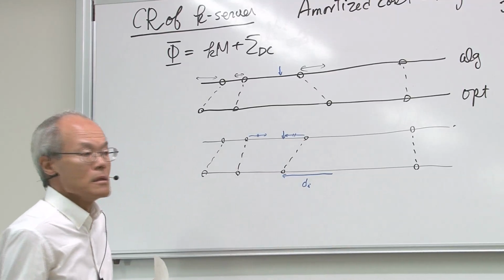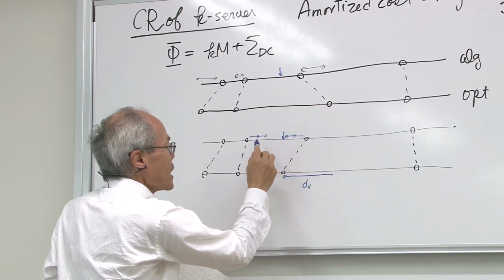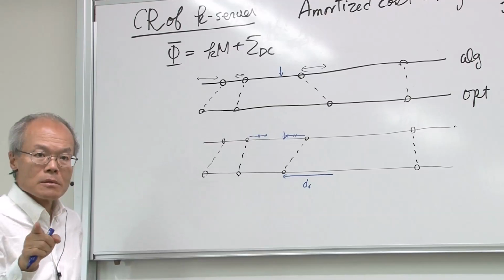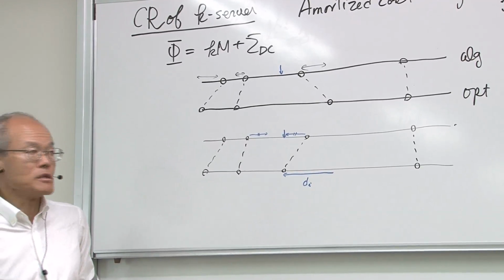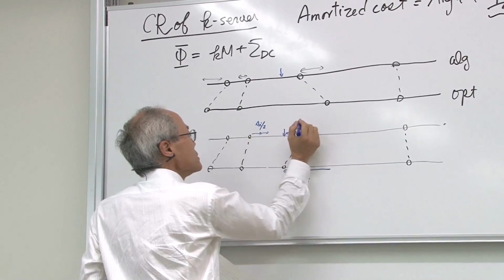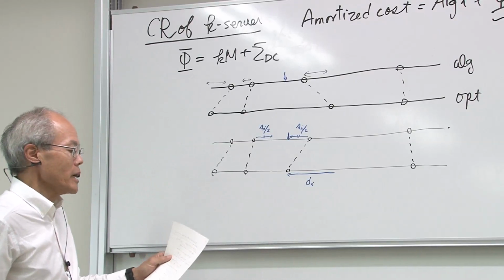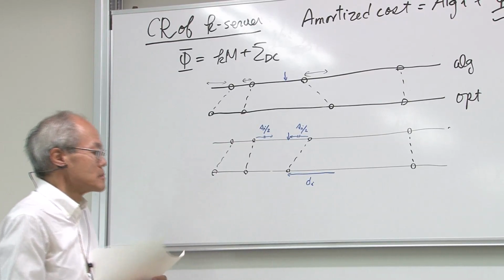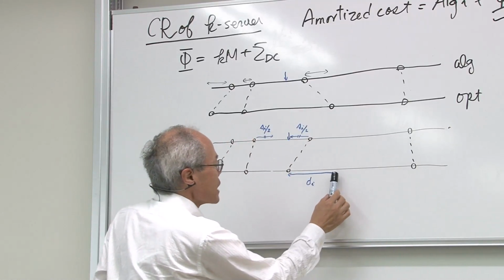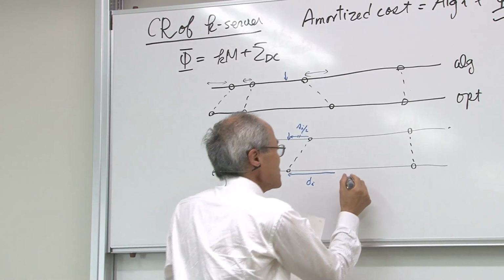This server moves to the requested point, and this server also moves in the opposite direction, the same distance. So this is d_i over 2, and this is d_i over 2. Now, by moving this d_i, delta phi